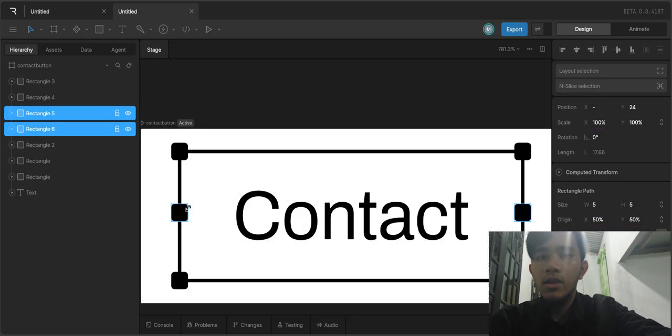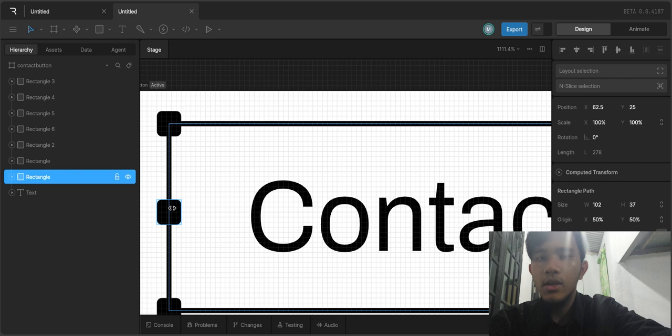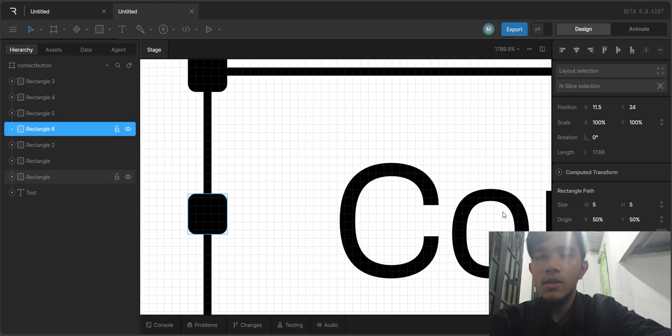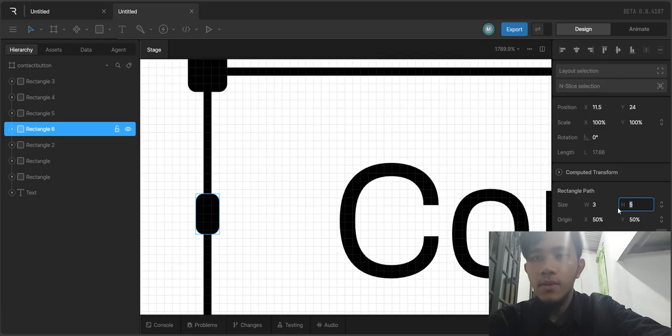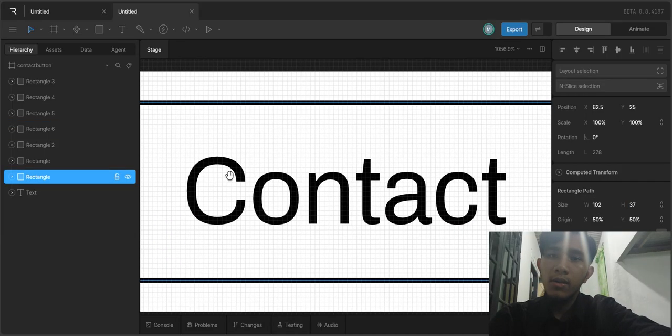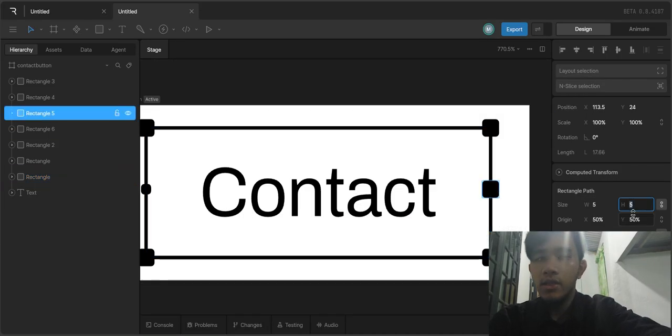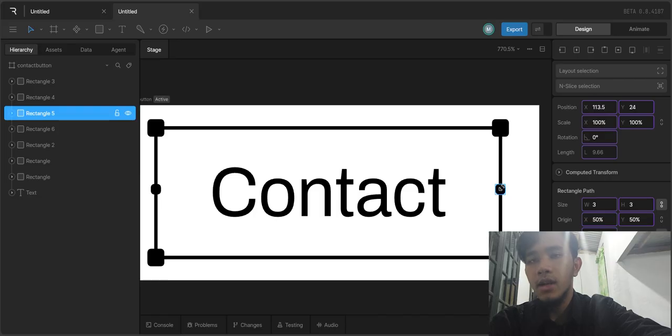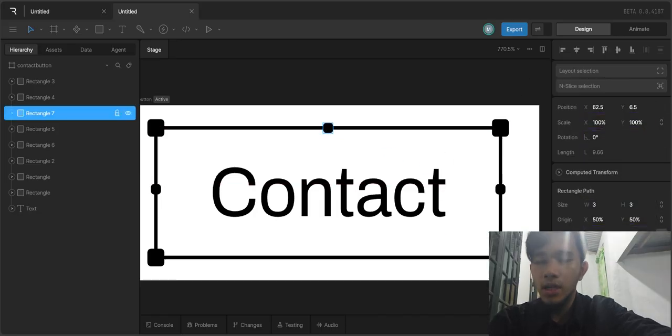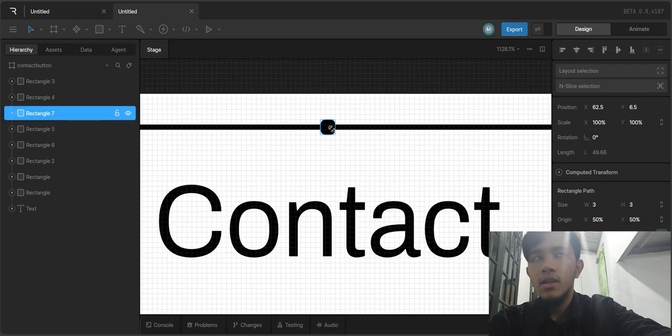In the artboard, the artboard can be treated like a rectangle. It has a fill color, so in the inspector I will change it to white.